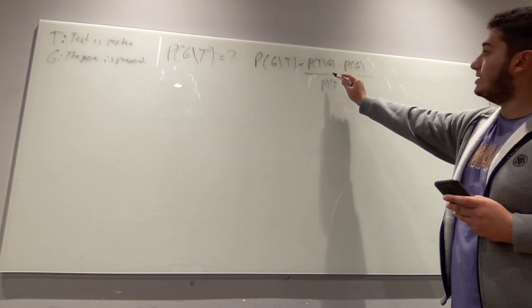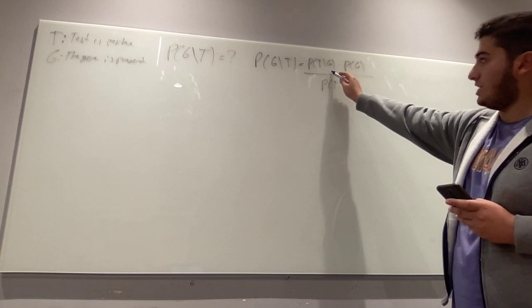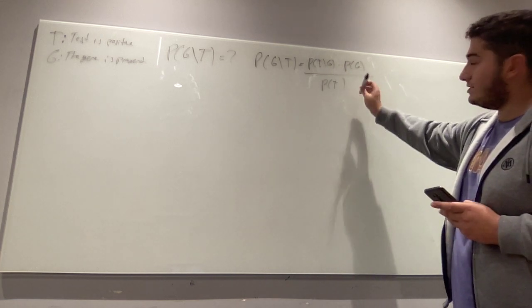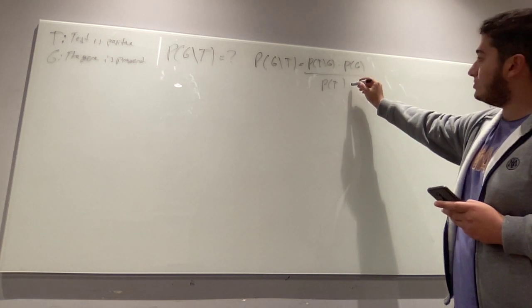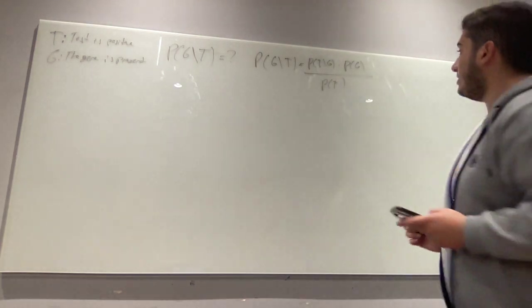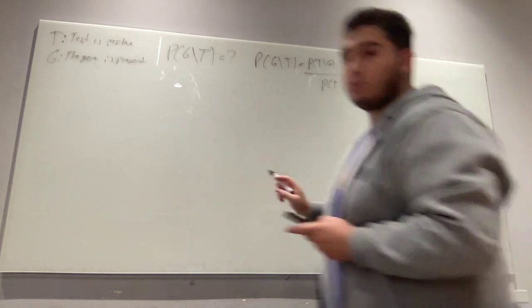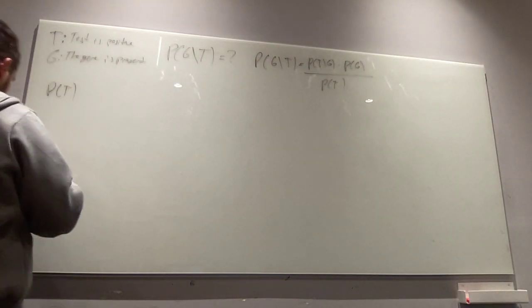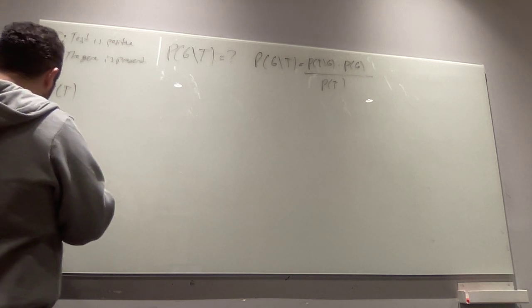The test finds the gene by giving a positive signal, and that's already given, and we need to calculate probability T. Firstly, I will calculate it here. It might be long sometimes. Probability T